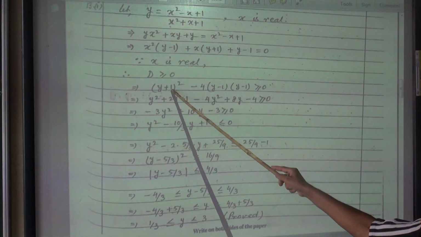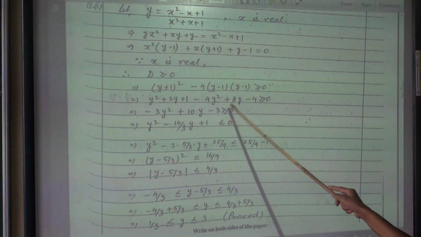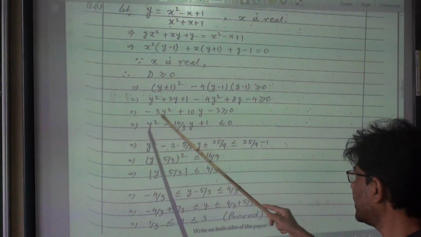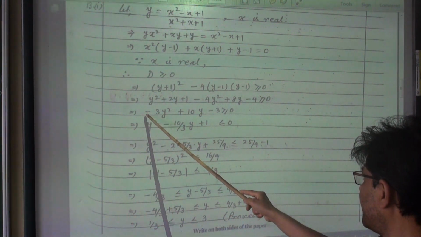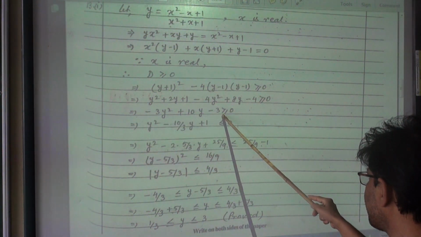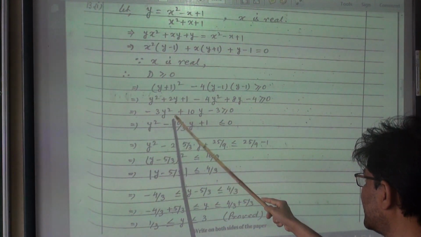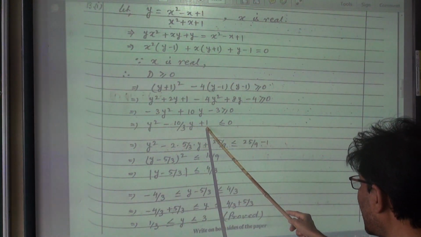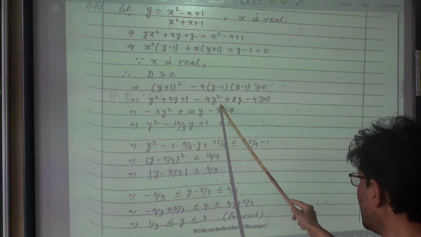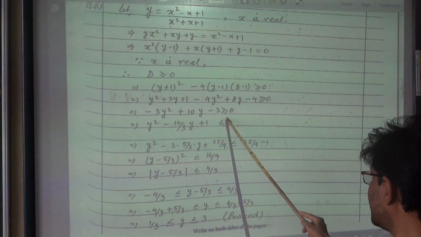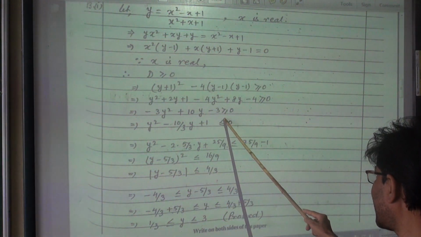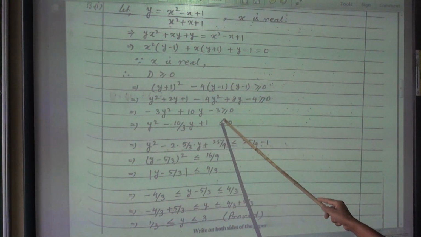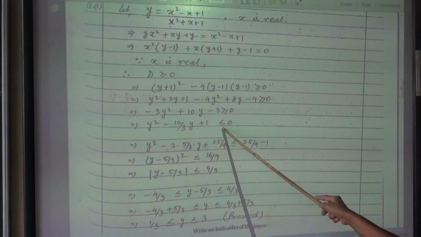Now expanding this a plus b whole square formula I have written here, opening the bracket here, I have got this one. Simplifying, getting this. Now the previous method, divide by minus 3. I am dividing everything by minus 3. So it is becoming y square, this plus is becoming minus, 10 by 3 into y, minus is becoming plus, 3 by 3 is 1. Now as we are dividing by a negative quantity, order will change. Greater or equal to is becoming less or equal to. We have already done in class 10 inequalities. As we are dividing by a negative quantity, order will change. Greater or equal to will be less or equal to.